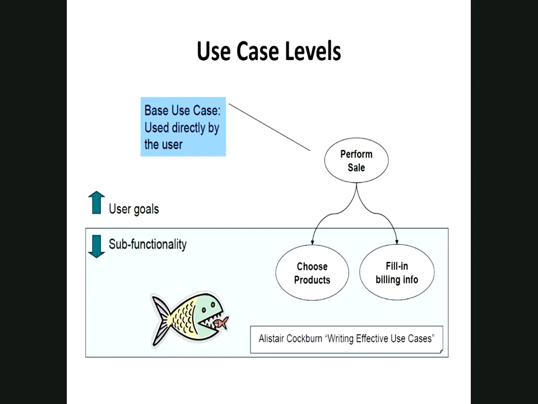Now sale is used by products and also by billings, but performing sale is independently a separate case on its own. Okay, and for choosing products, when you choose the products you have to buy it. So now this is an extend of the functionality of the use case. Let me give you a brief idea about the generalization.